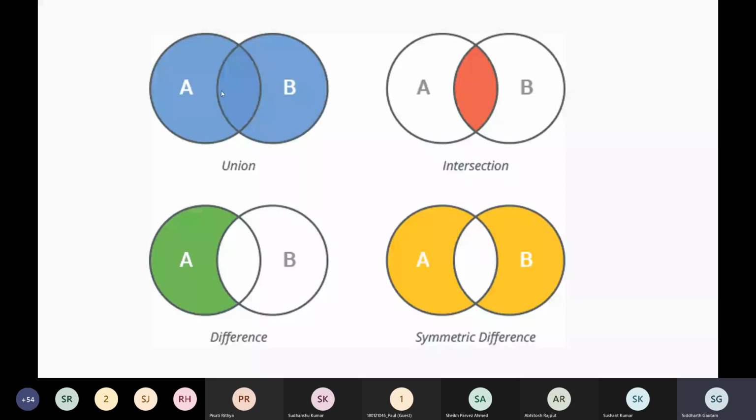Similarly, the intersection of A and B means only the elements which are in both A and B. A minus B means that you will take the set A and remove all the elements which are also in B. And symmetric difference, you can already see, you will take all the elements of A and all the elements of B, but remove the elements which are in both A and B. I think looking at the diagram is a better way to understand this instead of just reading or listening to the theory.